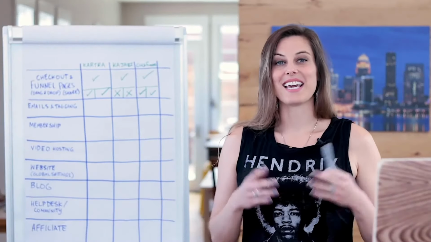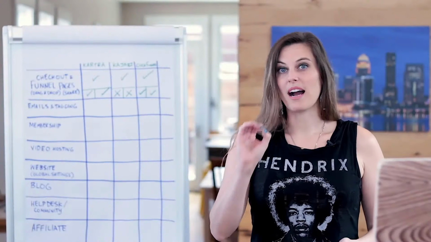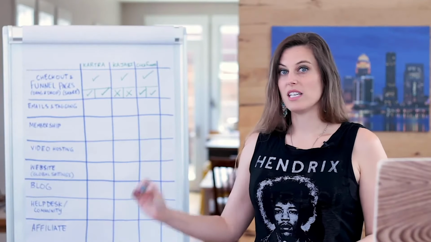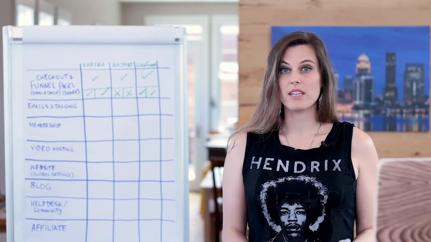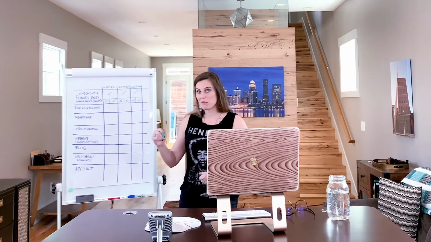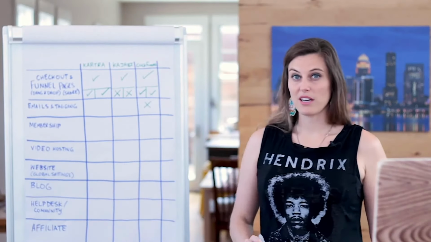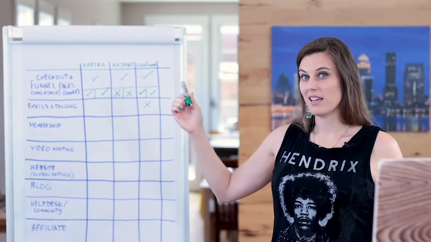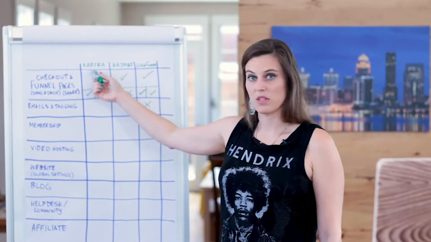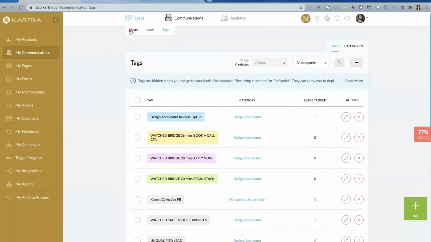Okay, sweet, you guys. Category number 2, we're talking about emails and tagging. Remember, I am talking about the starter plans on each of these accounts. As you pay more, you obviously get this feature set. So outright, on the baseline plan for ClickFunnels, you have to integrate a third-party email tool. So this gets an X in my book, because at $100 a month, it's already the same price as the baseline with Kartra, and you are allowed to send automatic emails, set up email automations, send out sequences, tag people,